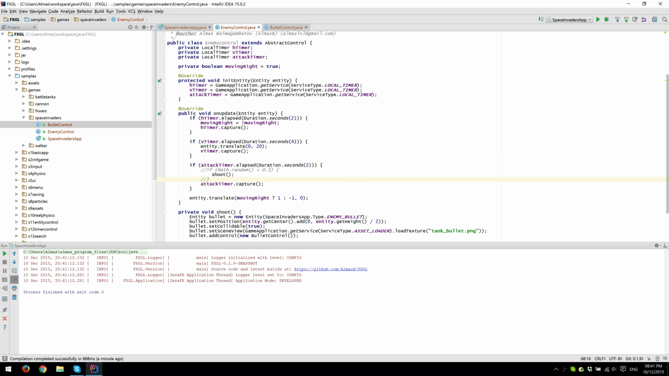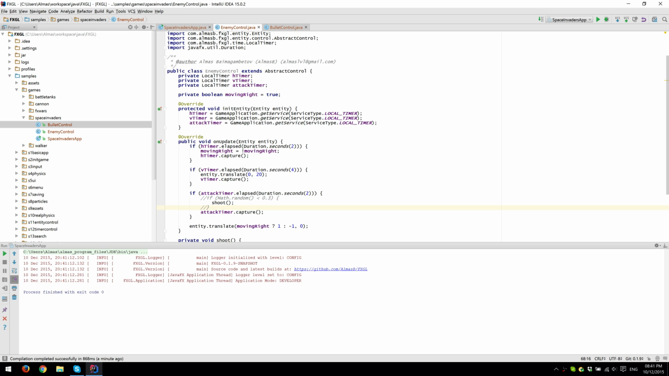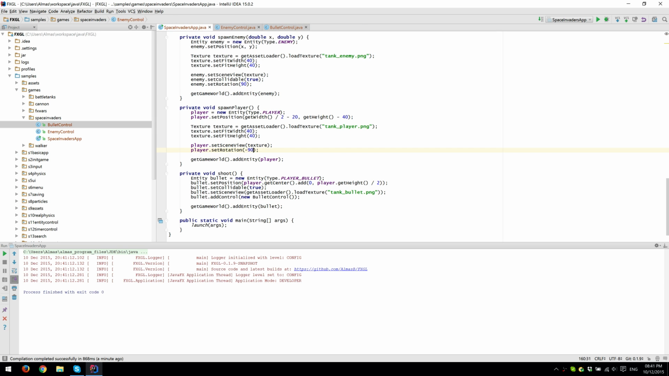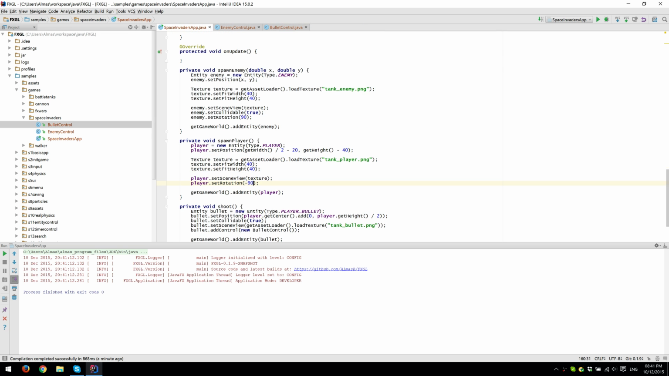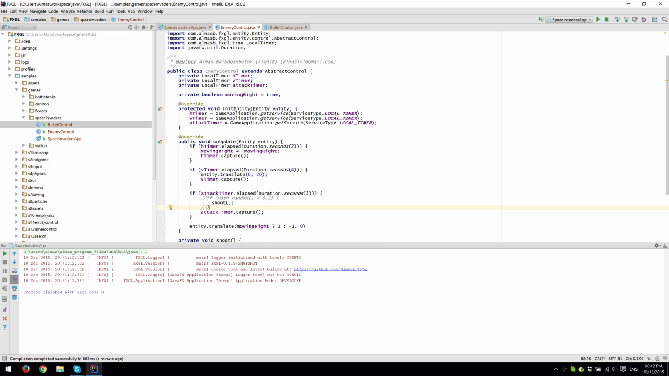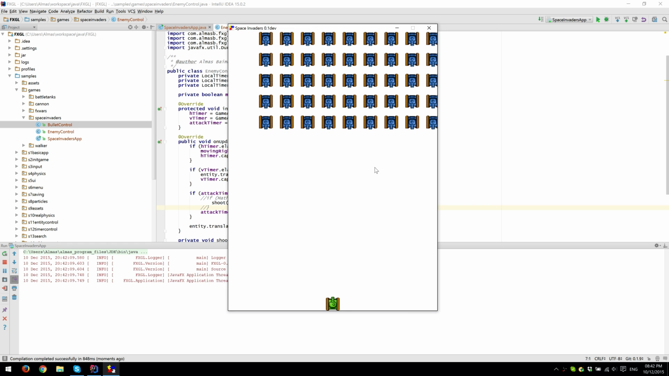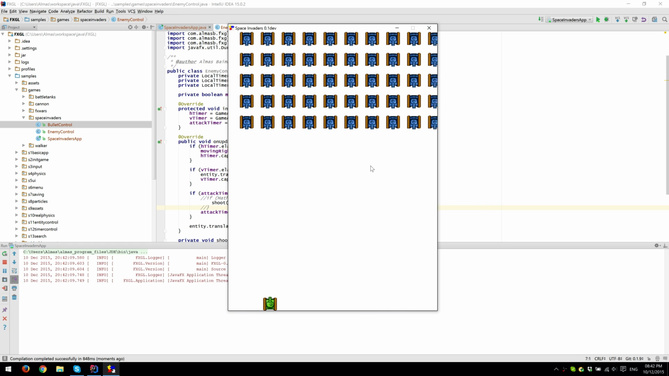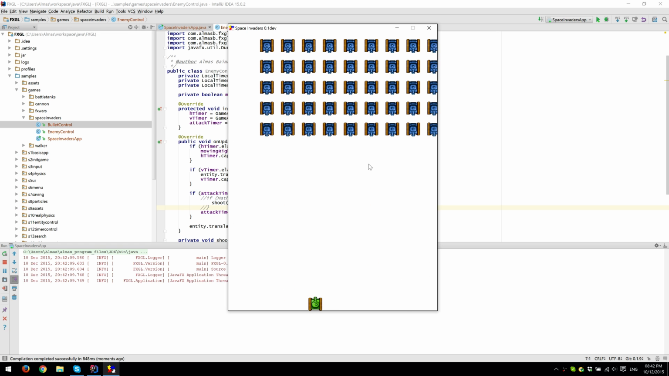That looks alright. Attack timer elapsed. We've never actually added enemy control, I don't think. Enemy, add control, new enemy control. So that should work. If it does, I'm going to remove those things. Yeah, so they move and shoot, which is